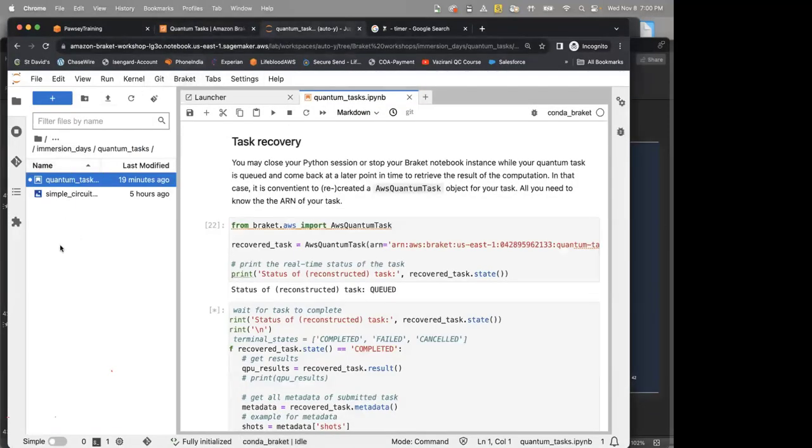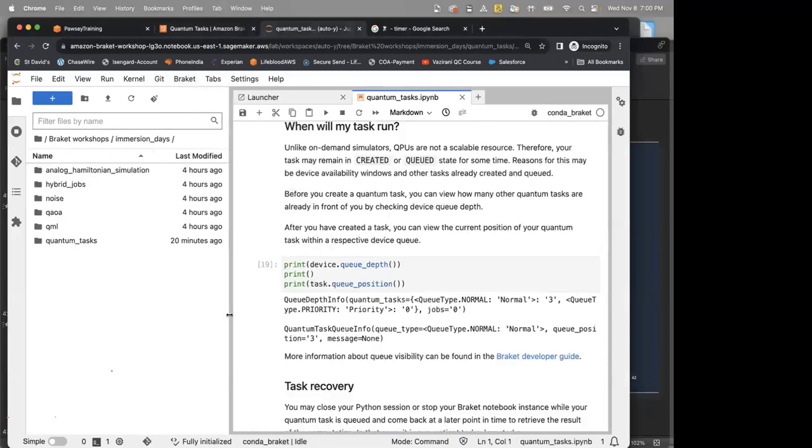So if we go back to our Jupyter Lab and go to the home page of Jupyter Lab, click on Braket Workshop, Immersion Days, and not in Quantum Tasks, but in Immersion Days, there's QAOA.